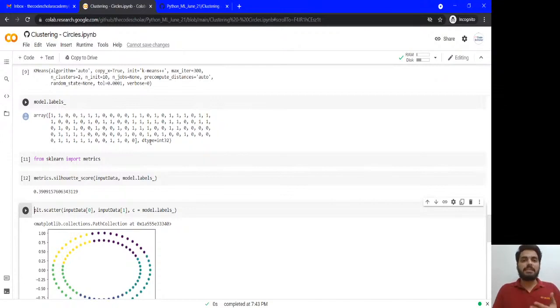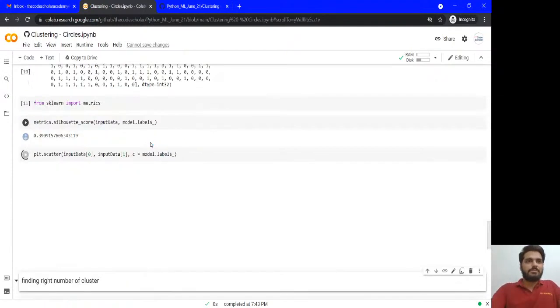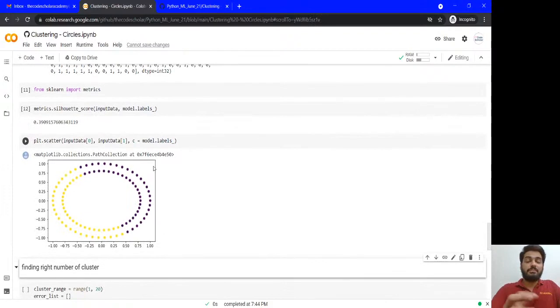So only 39 percent. The unsupervised machine learning model itself has given 39 points only. Similarly, we have different performance parameters for clustering. And this is how, after training, my machine learning model is able to differentiate all the points.